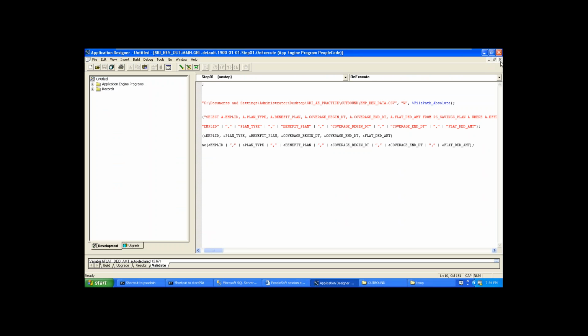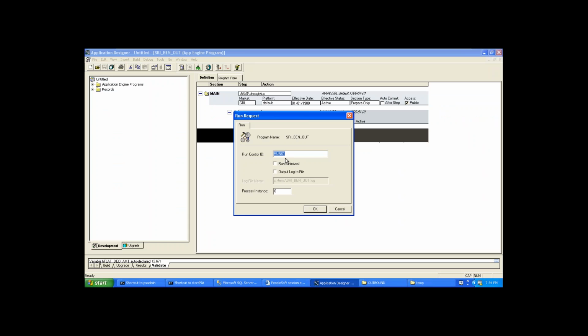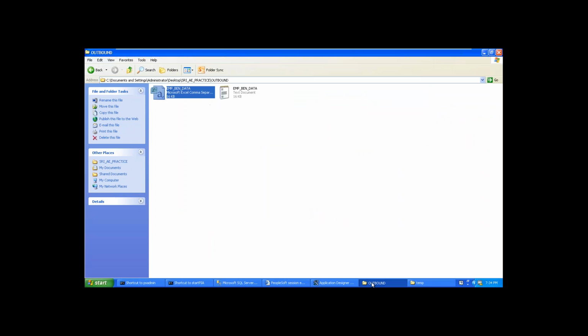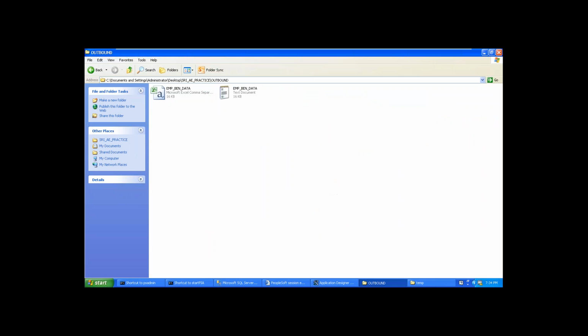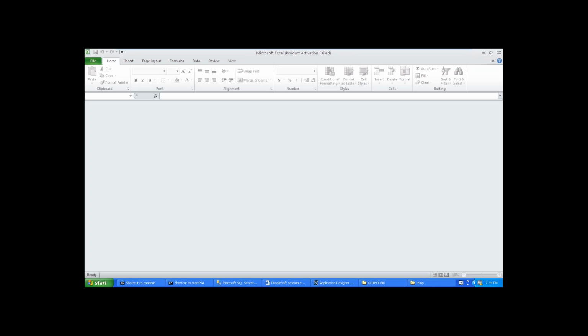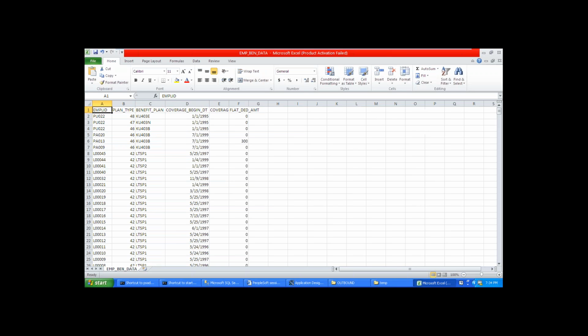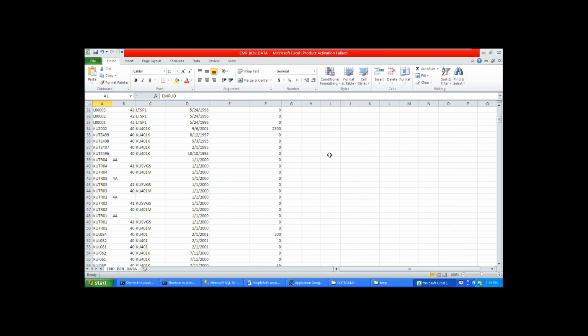Now, just run this program one more time. Now you can check it here. Like this: plan type, benefit plan, coverage begin date, coverage end date, flat deduction amount. We successfully generated the file with heading.